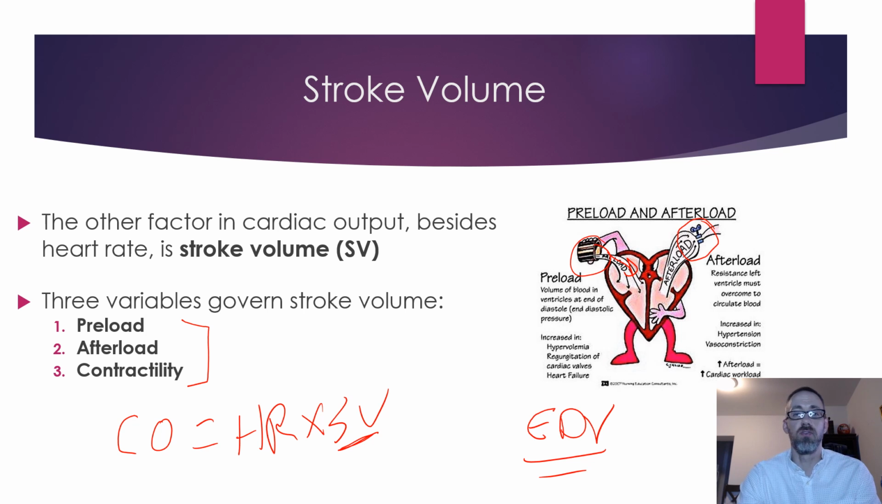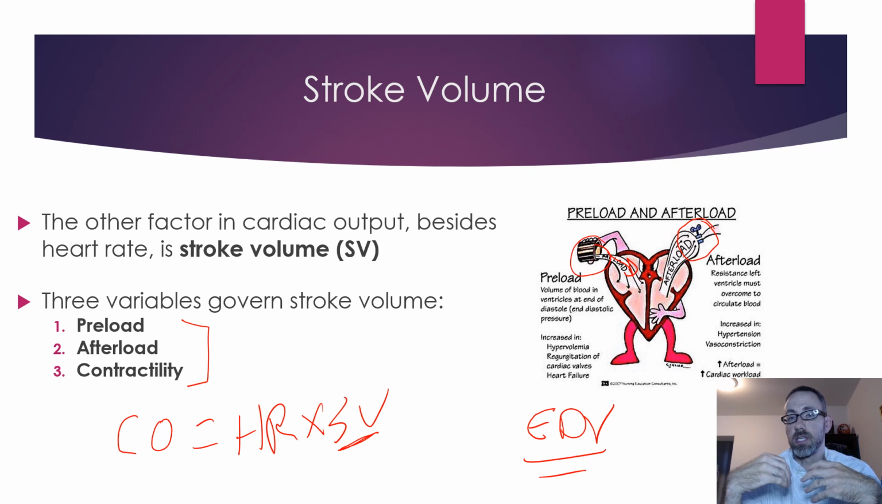Contractility is for a given volume. You have an intrinsic contractility of the heart, with which the cardiac myocytes are built. But we can increase their contractility. So we could have, let's say, 130 mLs in the ventricles, and the intrinsic muscle of the heart will contract that volume